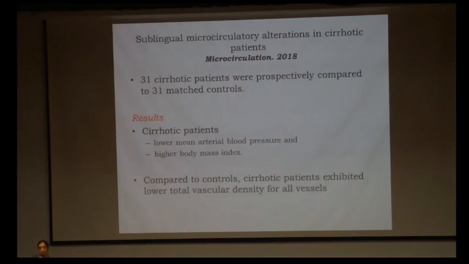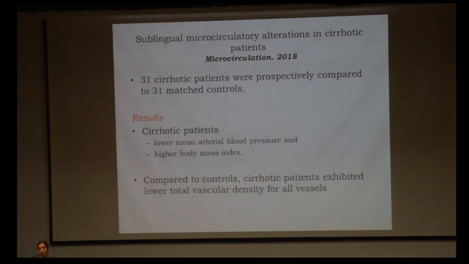This is another, recent study, where sublingual microcirculatory changes were studied in cirrhotic patients. 31 patients were compared with 31 controls. These were patients who were not in shock. In general, patients with cirrhosis have a lower mean arterial blood pressure and a higher body mass index. And compared to controls,